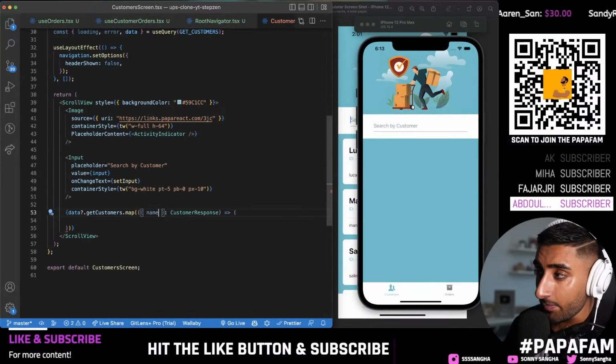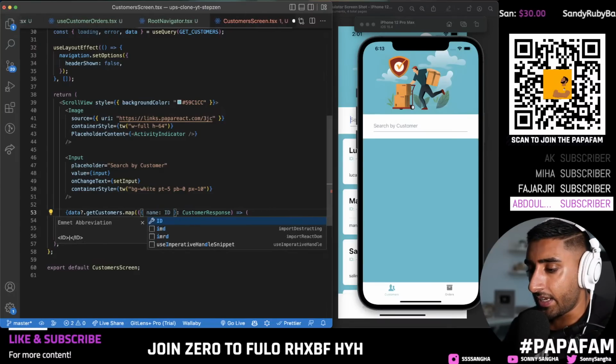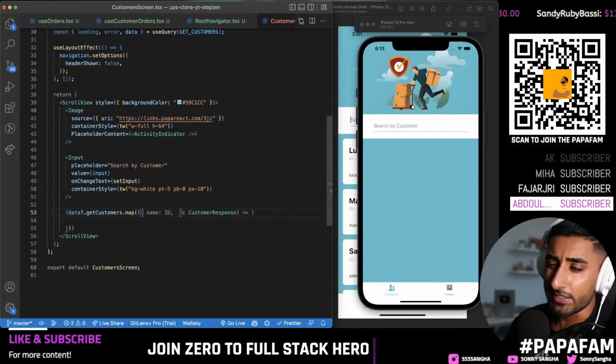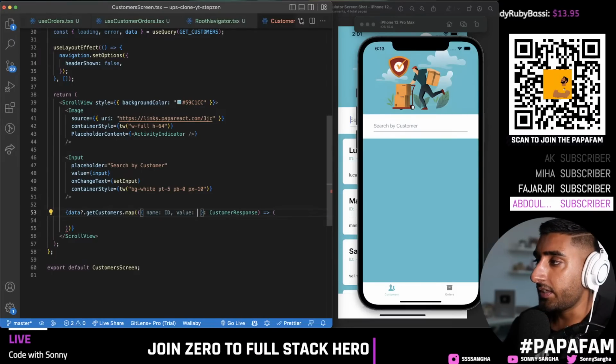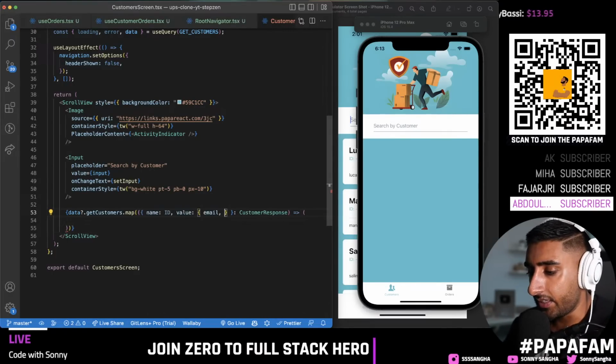So I can say, I'm going to get the name, and inside the name, I'm going to rename the name to ID because it actually comes back as name, but it really should be ID. Kind of confusing, but that's Firebase for you. All right. And then we're going to pull the value, and that has inside of it the email and